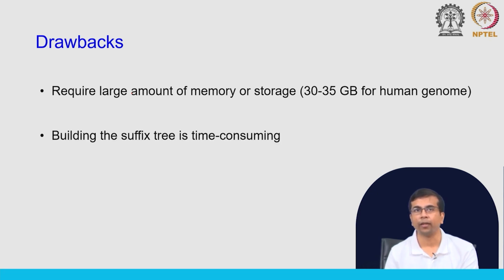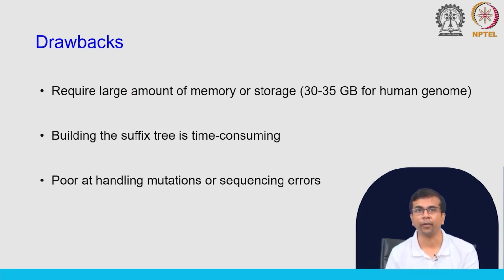Another thing is building the suffix tree. It is a very elaborate and complex data structure, and it is quite time consuming, but you can argue, once you have built this for a specific reference sequence, you can store it and you can use it. But then the first drawback comes in, because it takes a lot of storage to keep it in your hard drive. And what we have seen at the last is that it is also poor at handling mutations or sequencing errors. When there are mismatches, it cannot find those mappings, but then of course, we have discussed, we can perhaps design certain ways to circumvent this problem, but then because of the first two limitations,